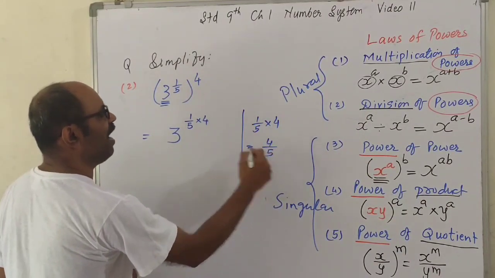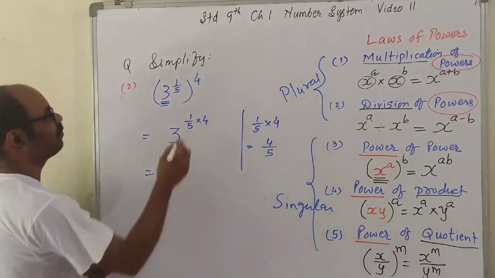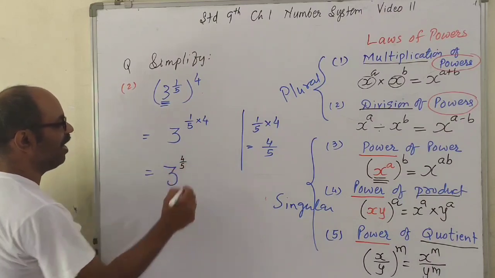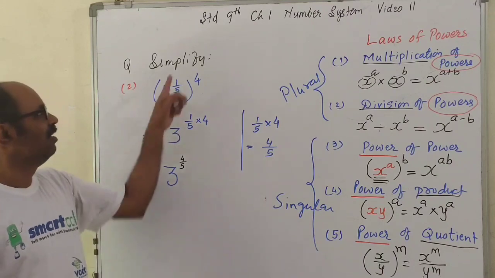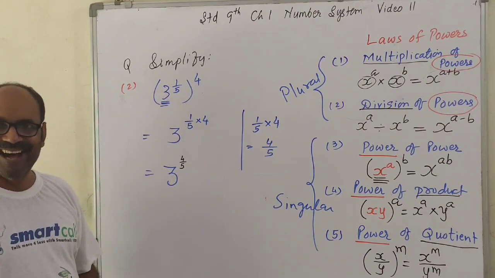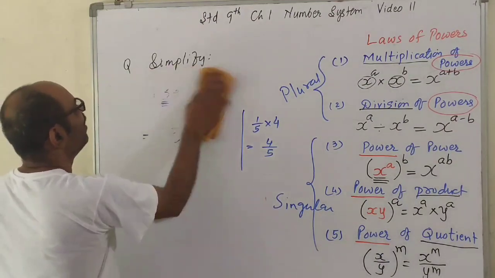1 fours are 4, over 5. So that is 3 raised to, what is the exponent? 4/5. Nothing more will come after that. You cannot simplify this further. This is simplified. That is the answer. Is that clear to you? Good. Now,